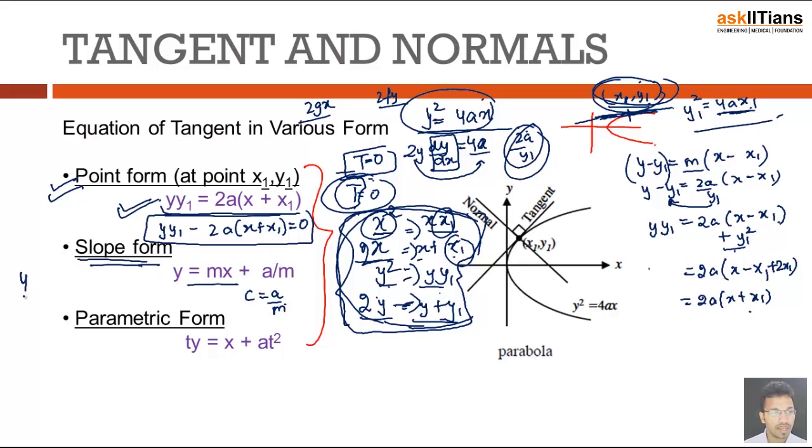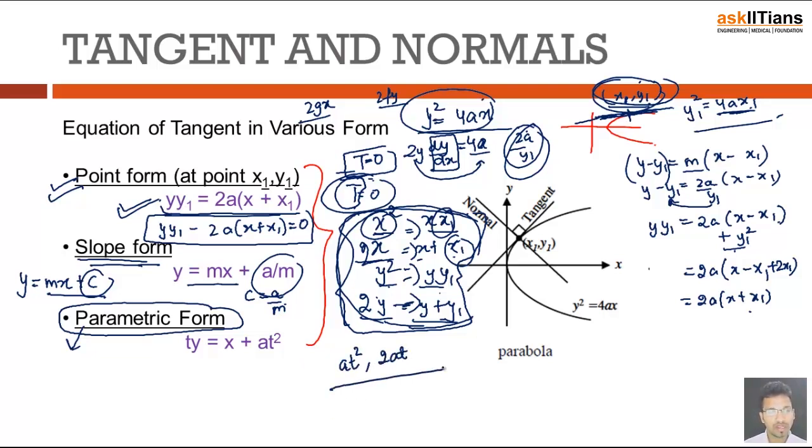So slope form, slope intercept form of any line will be like this, and this condition we have already derived. Now the parametric form. This is very important, as I mentioned when we studied this. In parameters, if you remember, the points on the curve were nothing but at square and 2at. Now instead of replacing here in this equation, if I put these parameters, I'll get the desired